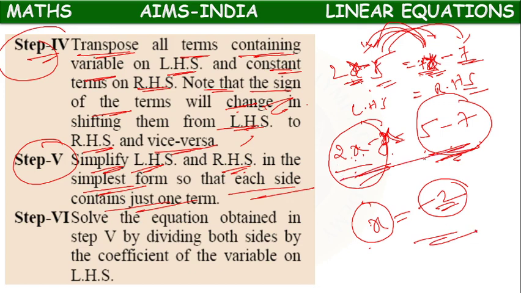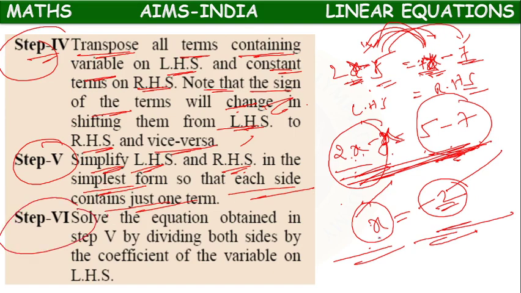Means whatever we have obtained in the fourth step, we can make still simpler so that we get only one term on LHS, one term on RHS. Okay. So next, suppose x equal to minus 2, it is okay. Suppose we get 3x equal to minus 2, what is the coefficient here? 3. We have to cancel it, means we have to divide by 3 here. Here also we keep by 3.